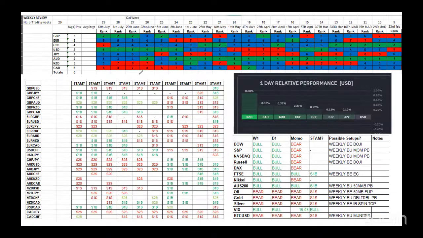When I looked at the overall sheet, here we go. Week 29 for the 13th of July. Where was the strength? Where was the weakness? Well, what we saw was the dollar remained strong with sterling in second place. I've said enough about sterling for the moment; we'll look at the live markets of sterling. We always finish with a stage two call on that, but the dollar had some strength.